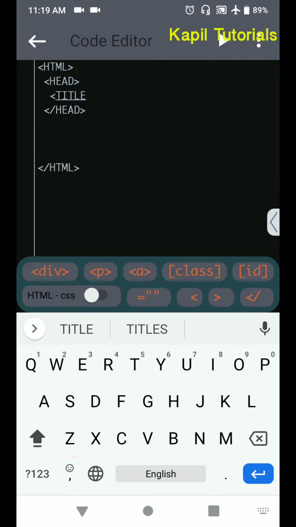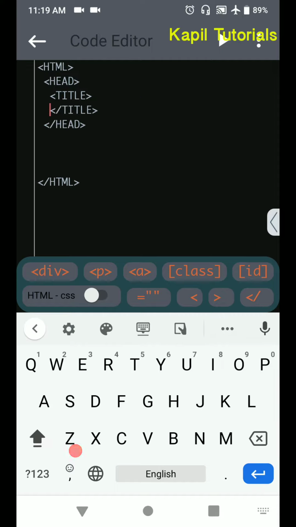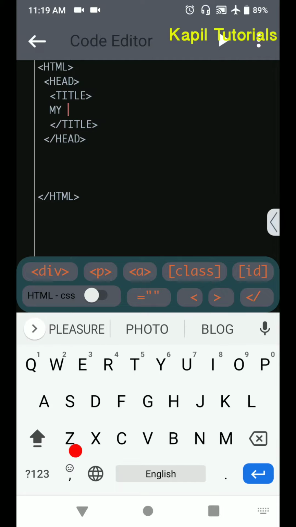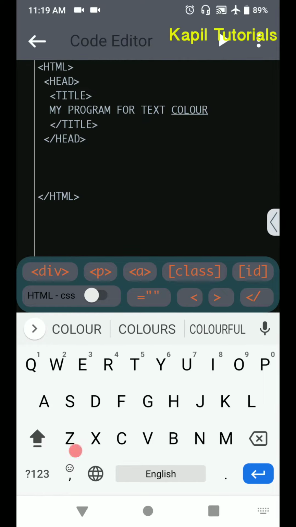I'm just writing so that it becomes easier for you to see. I'm closing the tag, and in title I'll write my program for text color.